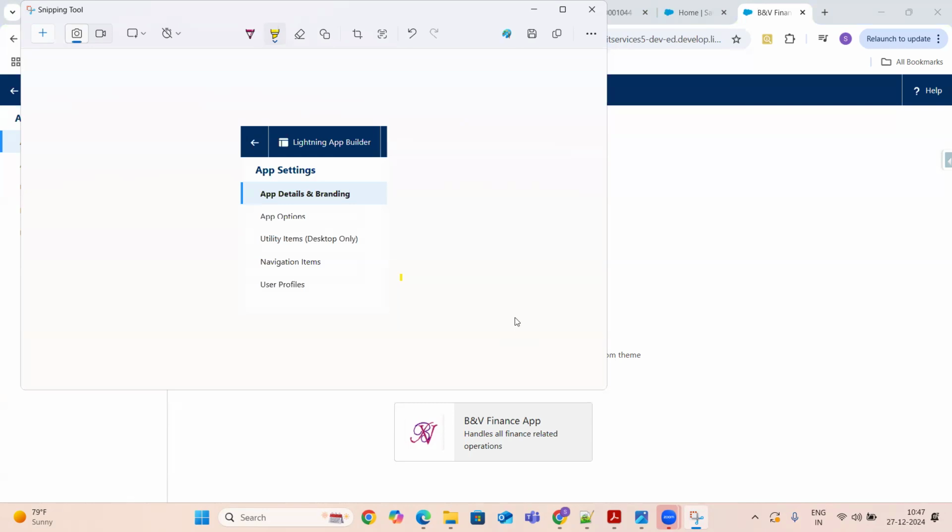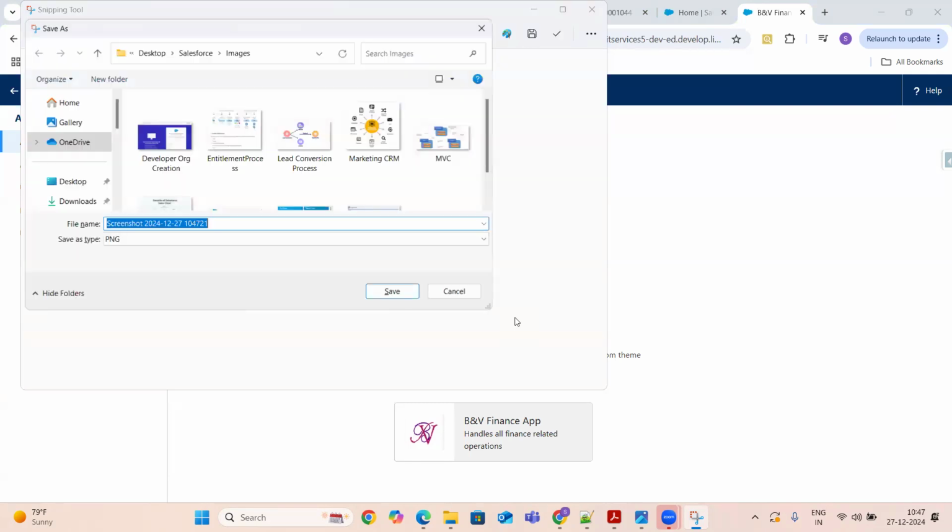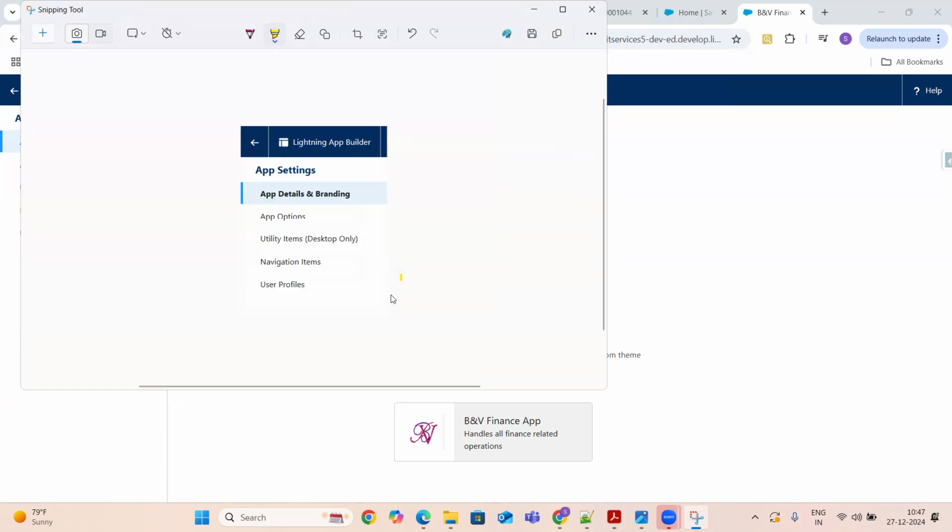And then the last thing is the user profiles. If you remember these things, then you are in a position to explain what is the app and how to create the app. Okay.